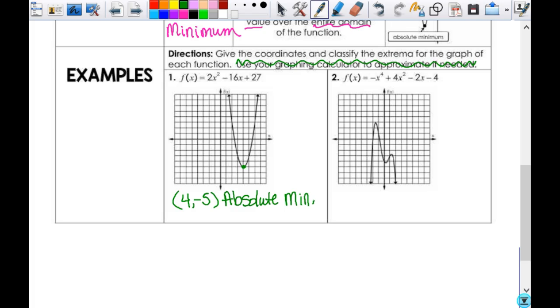How many critical points do I have in number 2? 3. So I have one right here, one right here, and one right here. Now when we estimate, we're going to estimate to the nearest 0.5. We're not going to worry about whether it should be 0.3 or 0.2. It's either at a whole number or halfway, and it's good enough because, again, we're just looking at the concept. So this point right here, we can say that's at negative 1.5